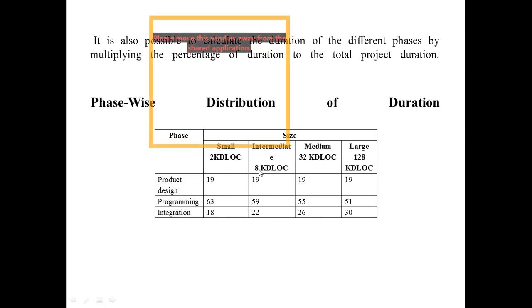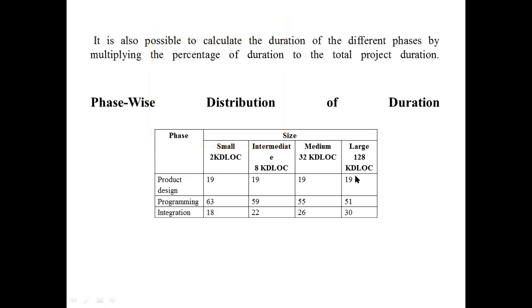Up to 8 you can choose this value. Otherwise, if the size is 8.01, then choose the values from this column. So if it is a little bit greater, just skip these values and choose from this column.